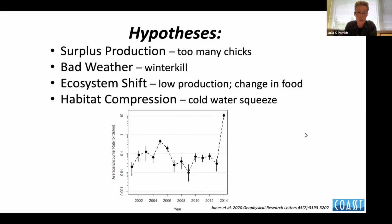We could have had an ecosystem shift, lower ecosystem production and a change in food production, or possibly habitat compression, a cold water squeeze. We actually used COAST data plus 2 other beach bird program data to the south of us to collect all of that data together and take all of the data that are stand-ins for these 4 hypotheses and create a series of GAMs to try and understand and model the average encounter rate graphic that you're